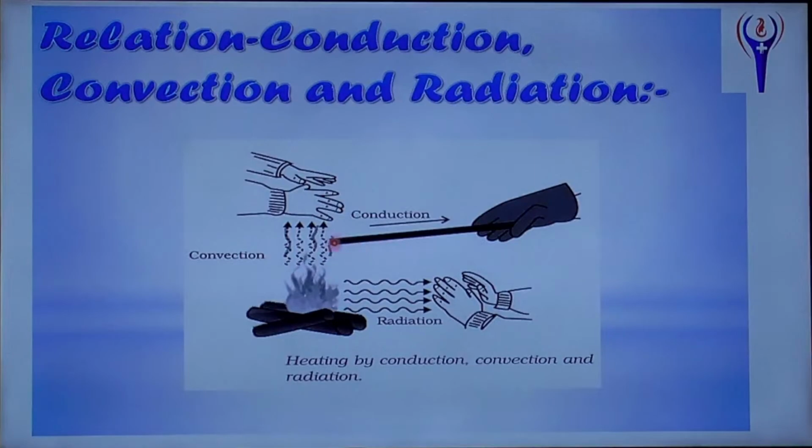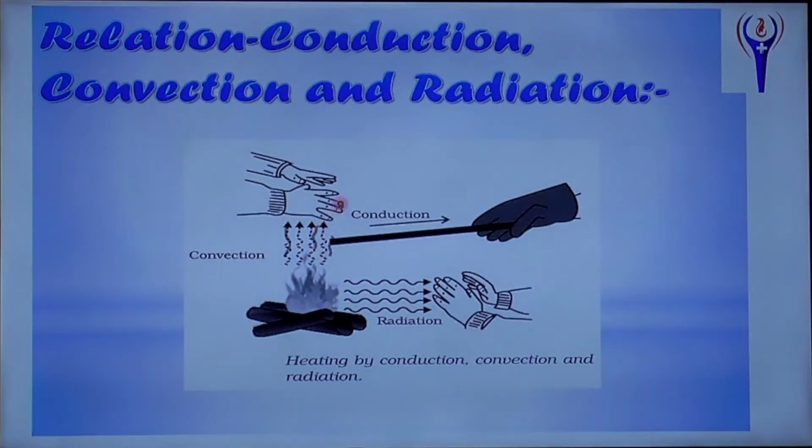By keeping a rod heated at this end, we feel hot at the other end. It means heat energy is transferred from one atom to another atom as a vibration, through the neighboring molecule or neighboring atom. So this is the best example for conduction. Convection, what is convection? Convection is a process in which